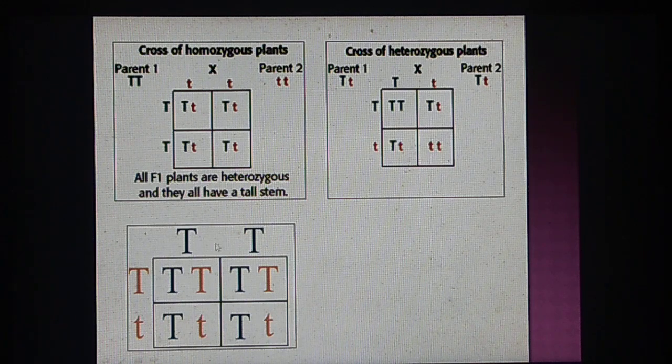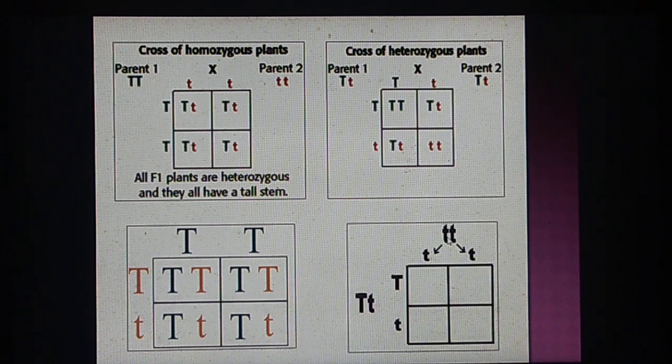We can also cross parents where one is homozygous and another one is heterozygous for the same particular characteristic. For example, capital T for tallness, and capital T small t is also meant for tallness. Or it can be one parent which is homozygous recessive, and the other parent is heterozygous dominant. So, it depends on which parents are supposed to be crossed. This way we can prepare the Punnett square and find out the genotypes as well as phenotypes while carrying out the hybridization, and we can get the data very easily.